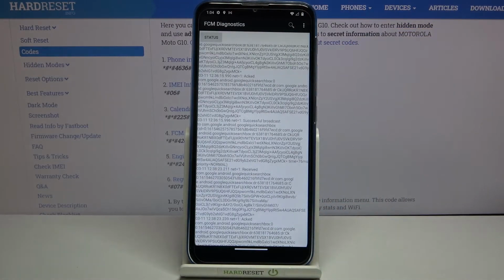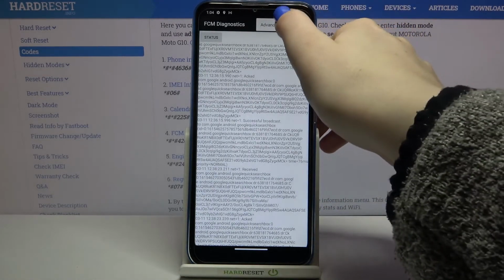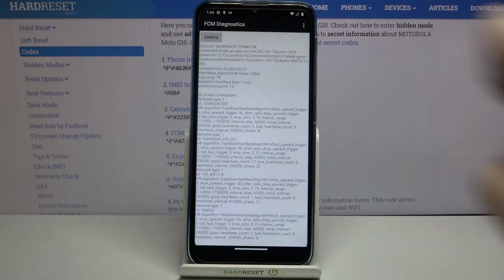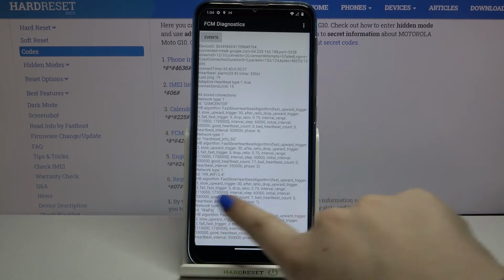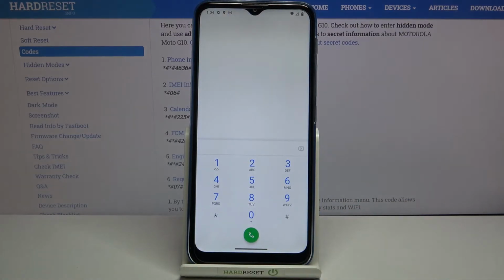What's more, we can show advanced view. Just tap on this three-dot icon, tap on advanced view and tap on status again. And as you can see here, we can check more info, just like, for example, network type or HB algorithm. Let me get back. That's all for this code, and let me show you another one which will open the